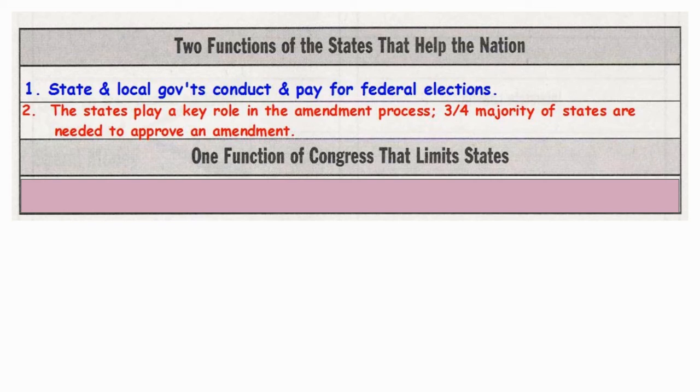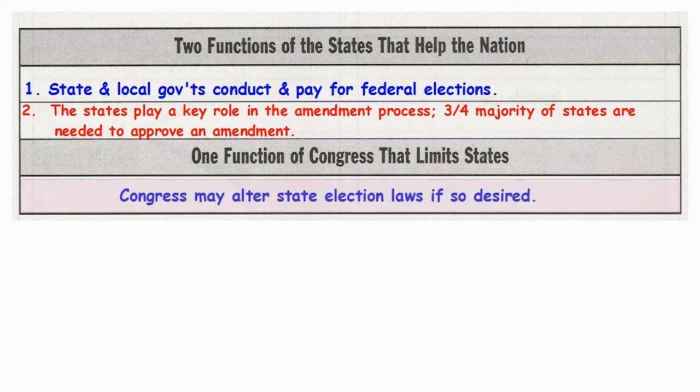One function that Congress has to limit the states, that is how Congress might alter some election laws if needed. In the 1960s, we had some issues with poll taxing and literacy tests, and really Congress stepped in and intervened, and eventually we had an amendment to the Constitution that forbids states from having a poll tax or having a literacy